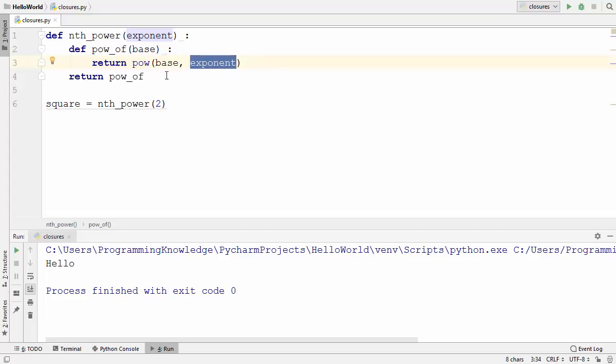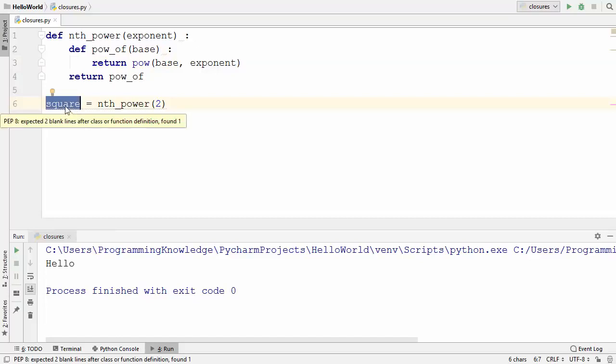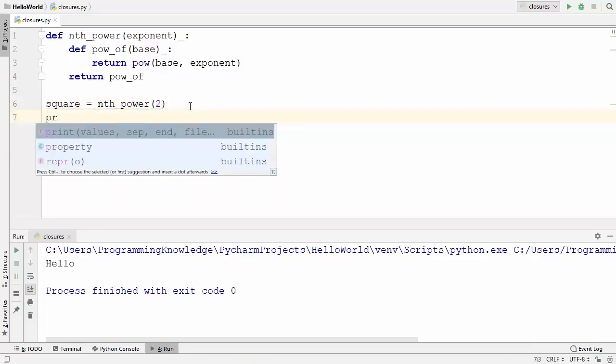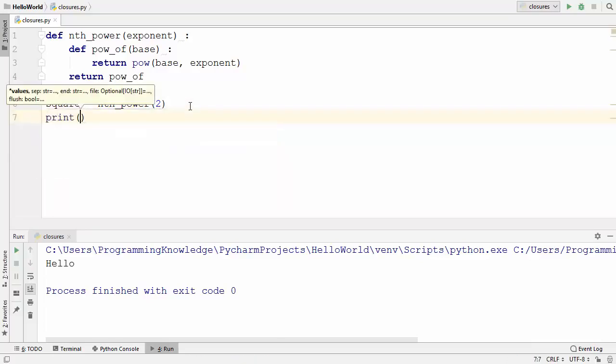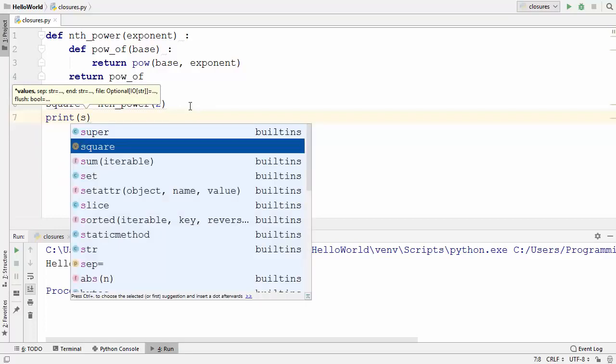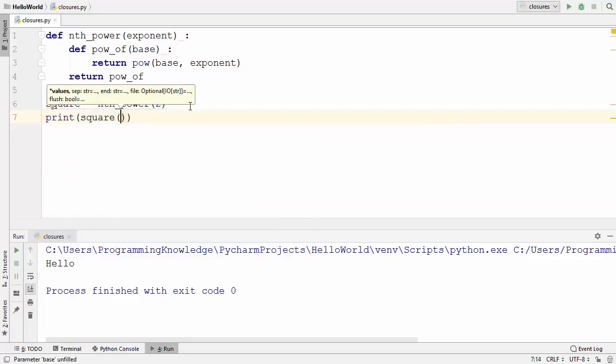That means whenever we call the square function, it's going to give us the square of whatever number we are going to pass as an argument to this square. So let's try it once and let's see what happens. So I'm going to just print and then call this square function which takes an argument, and I'm going to first of all find out the square of 2, and I'm going to run this program, and you can see